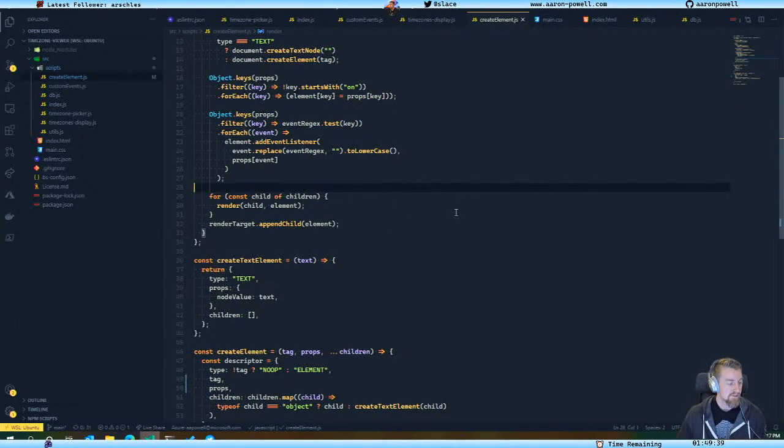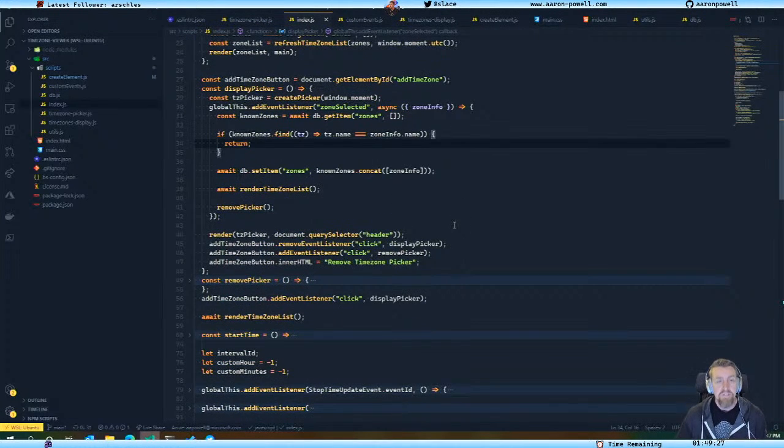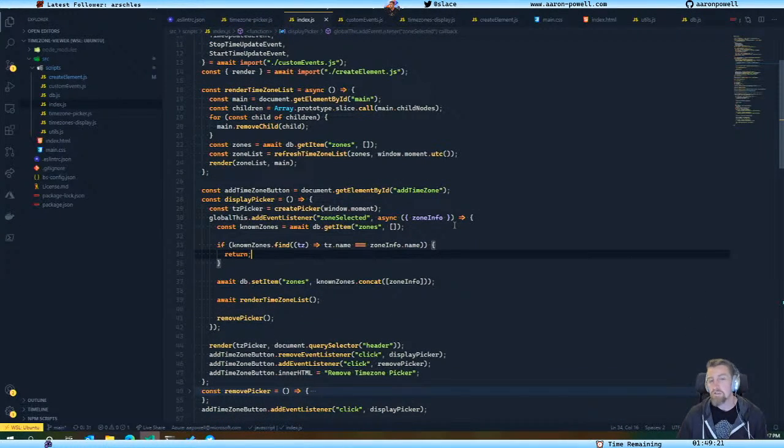Okay, so let's see. This index file is becoming a problem. It's really ugly because it's still responsible for wiring up a bunch of events that we don't like. It's responsible for a bunch of orchestration, and I'm not a fan of that because it's really becoming cumbersome. It's quite inefficient when we want to update time zones. And so every single second that we tick through,